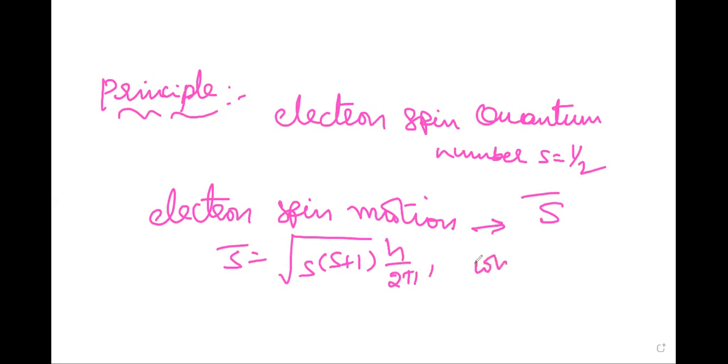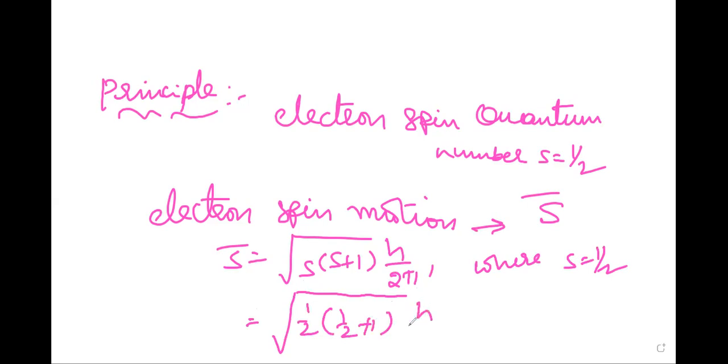where S is equal to 1 by 2. So this implies root over 1 by 2 into 1 by 2 plus 1 into h by 2 pi. So this implies root 3 by 2 into h by 2 pi. So this spin angular momentum vector can take only those orientations in the presence of an